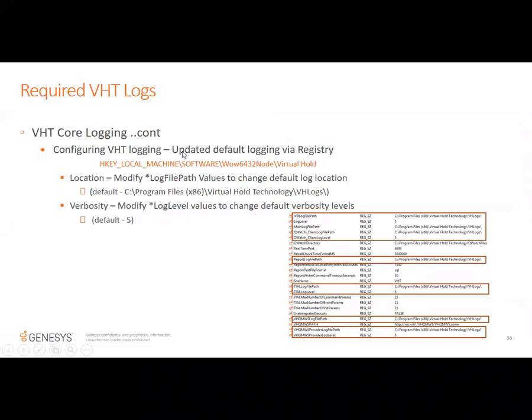So the virtual hold logs can be configured. To configure those logs, you go into the virtual hold registry. It's under HKEY_LOCAL_MACHINE\SOFTWARE\WOW6432Node\VirtualHold. You can modify the location of the log files to move them to a different path, and you can also